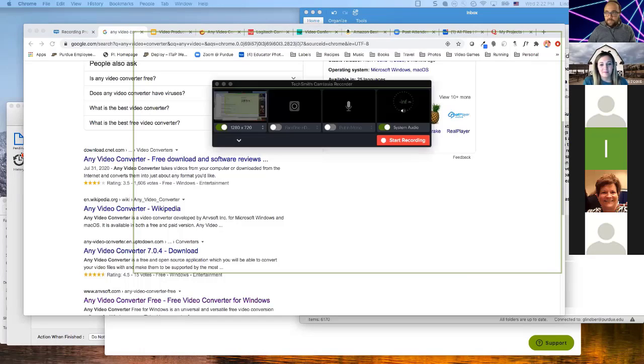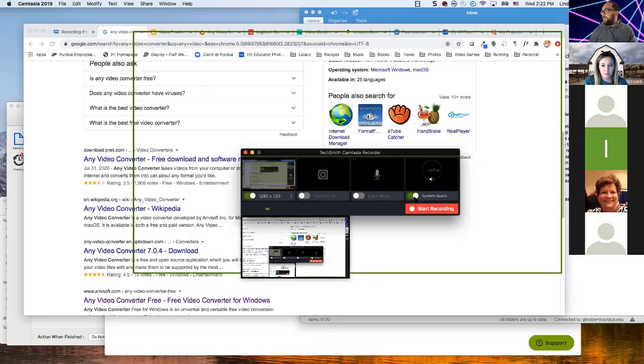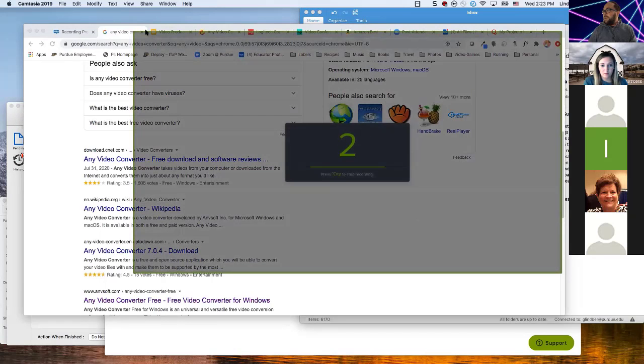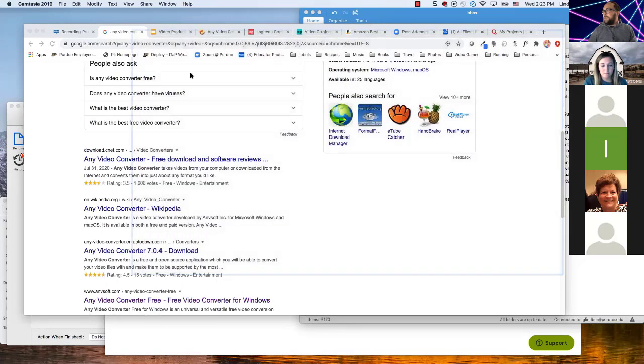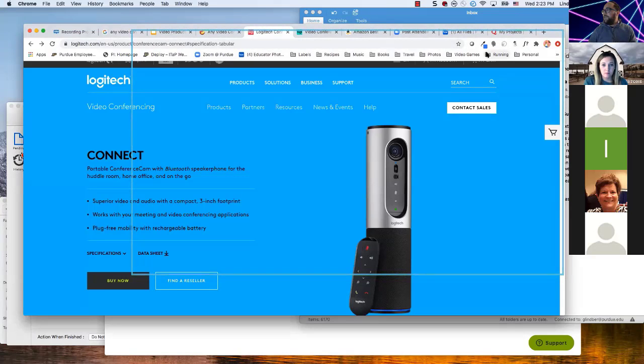But you can select the region that it shows, and then you would just click start recording. As long as it's capturing that space that you want it to, then you should be fine.